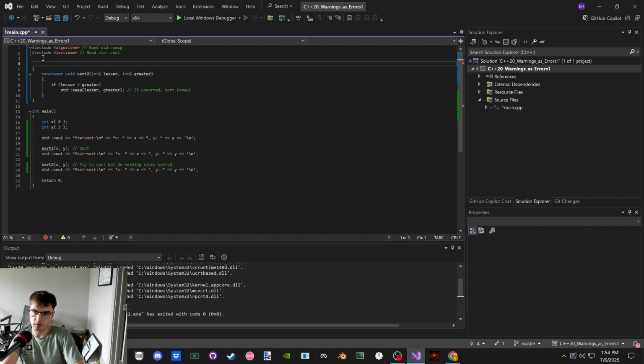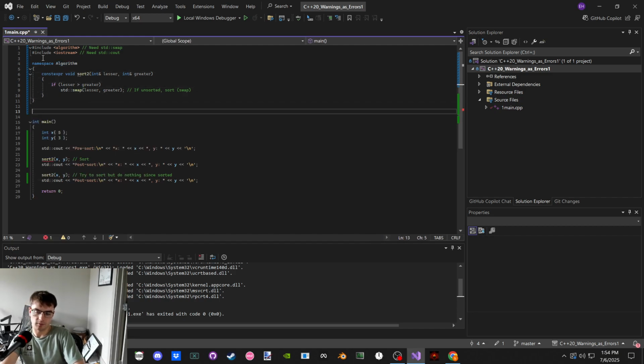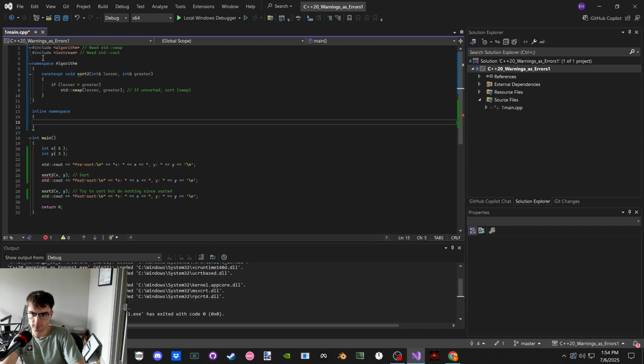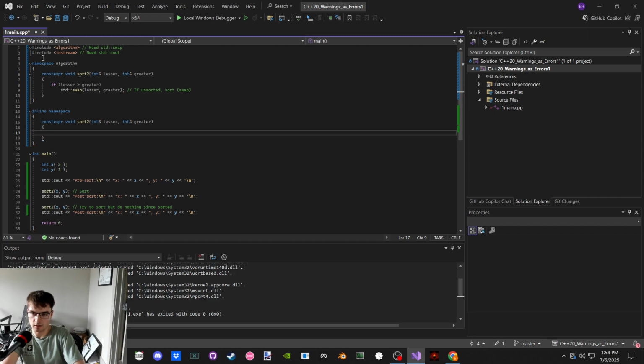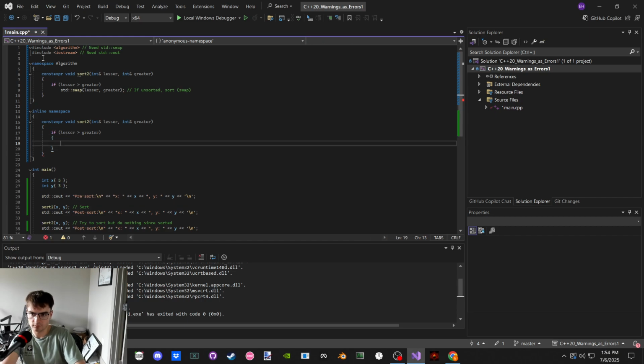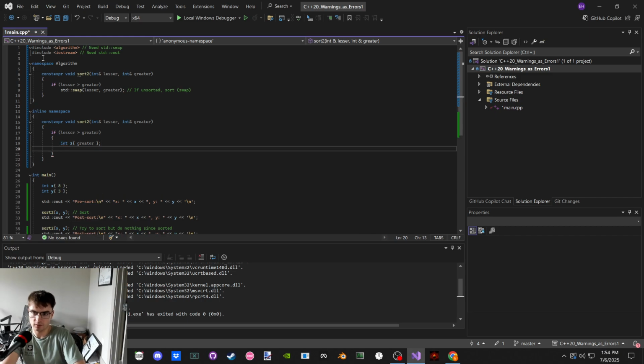But then we could make this guy into a namespace algorithm, and my names were wrong too. It should have been algorithm, or it should have been caps. Namespace, inline namespace, and then constexpr void sort2 int reference lesser int reference greater, and then if lesser is greater than greater, then int z gets greater's value, lesser, hold.